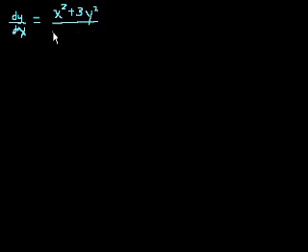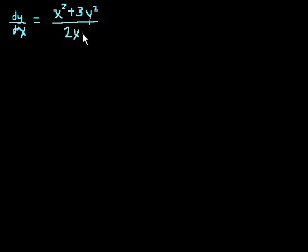Let's do one more homogeneous differential equation, or first order homogeneous differential equation, to differentiate it from the homogeneous linear differential equations we'll do later. But anyway, the problem we have here: the derivative of y with respect to x is equal to x squared plus 3y squared. I'm writing it a little bit small so that I don't run out of space,